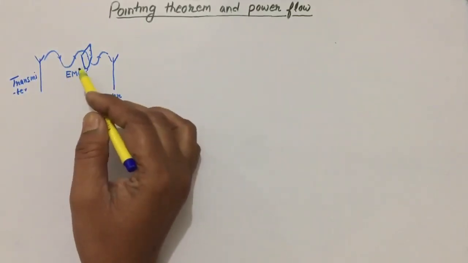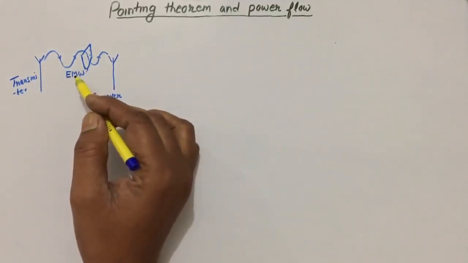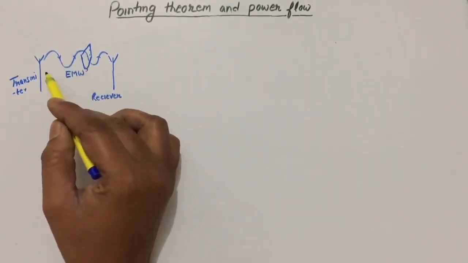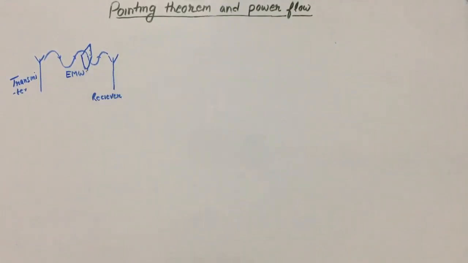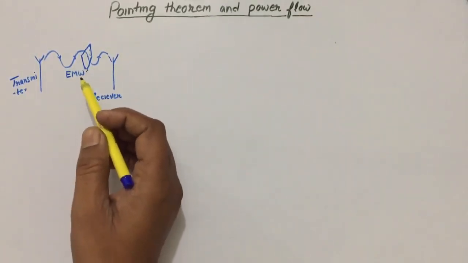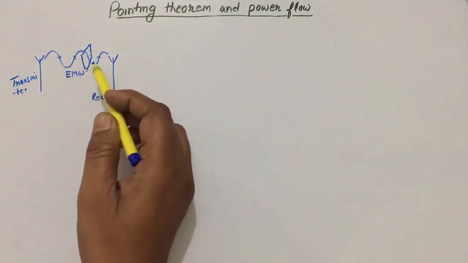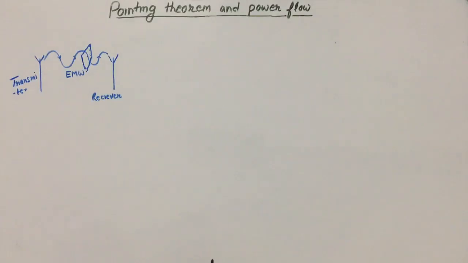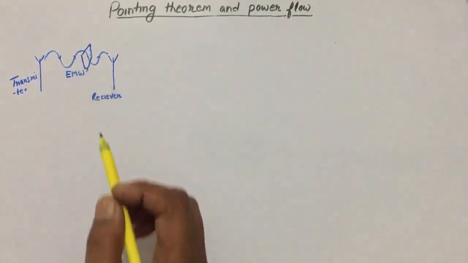We know attenuation, phase, etc. We can find these parameters very easily for any wave. So in today's discussion we will try to find the power that is available in the wave when it is crossing any surface. So for that, let us write some equations that are governing this electromagnetic wave